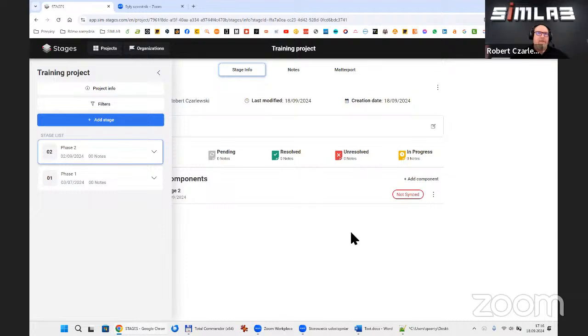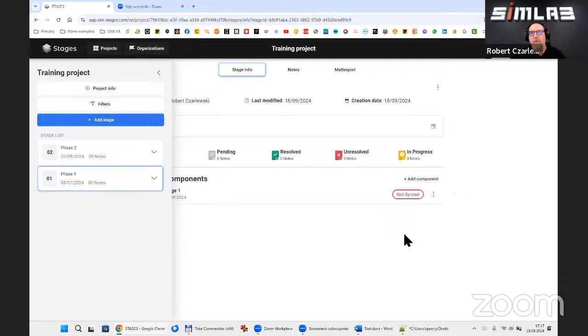So we have an organization, we have a project, we have stages in the project, and in every stage we have added scans. And now, very important step, because to get the effect of the synchronization, I mean to get the timeline, the compare view, we have to synchronize the scans one to another. But in the first step, we have to choose our reference scan. This scan will be the reference for the rest of the scans. And to do this, we have to mark this scan as synchronized manually.